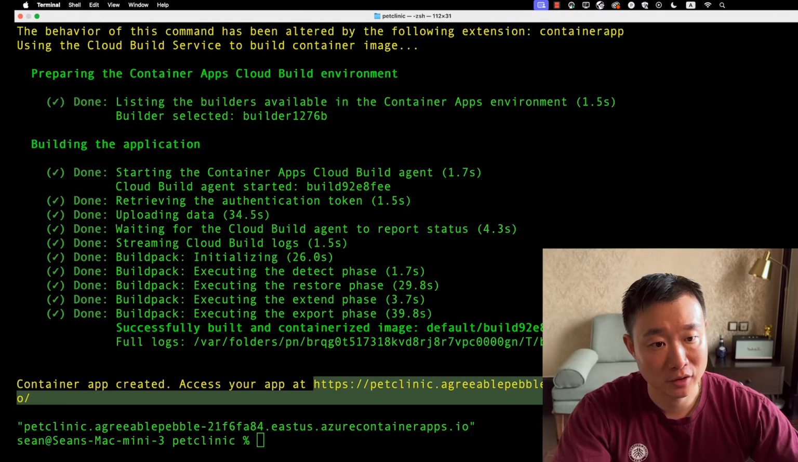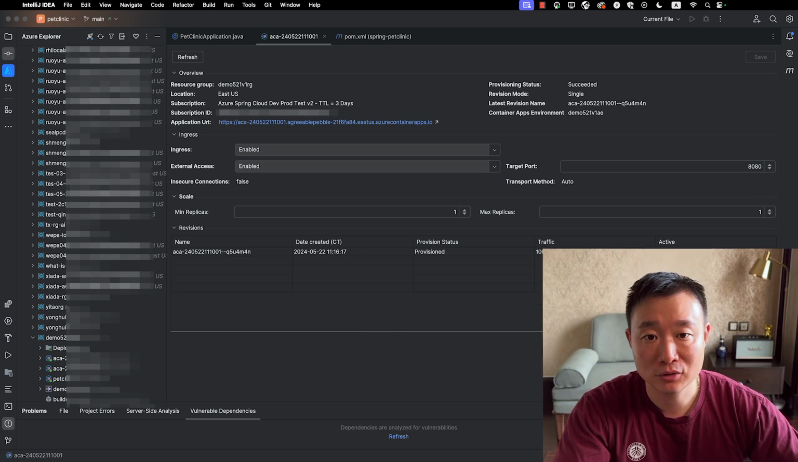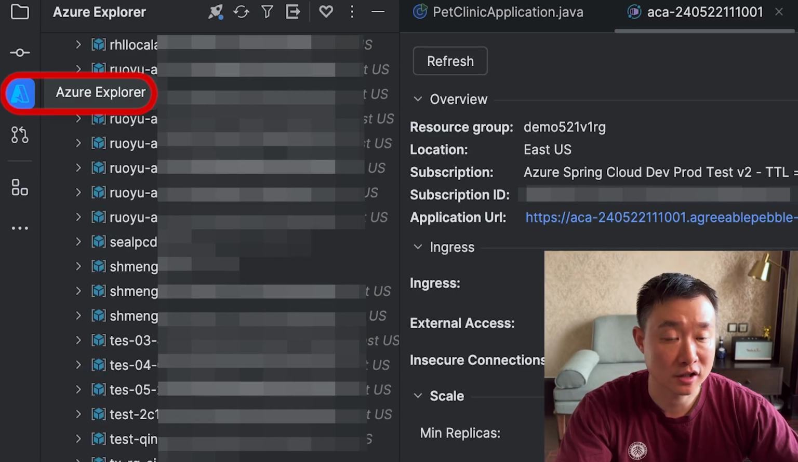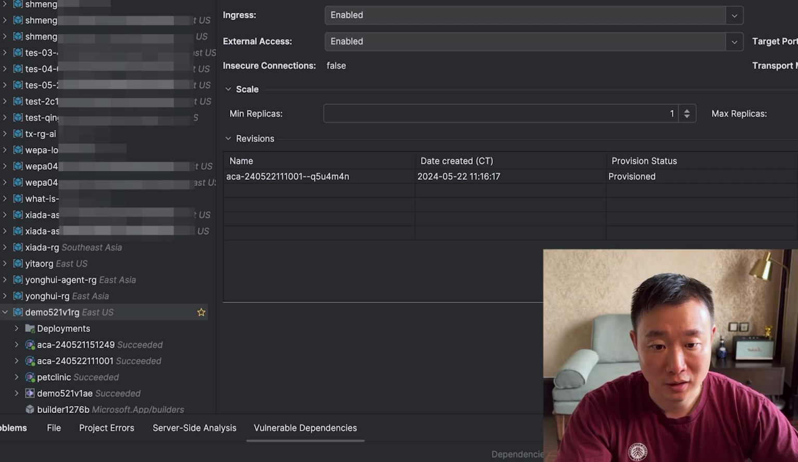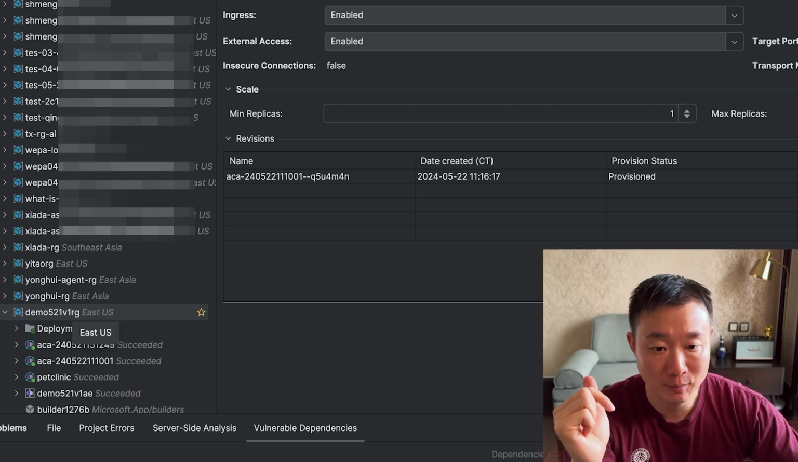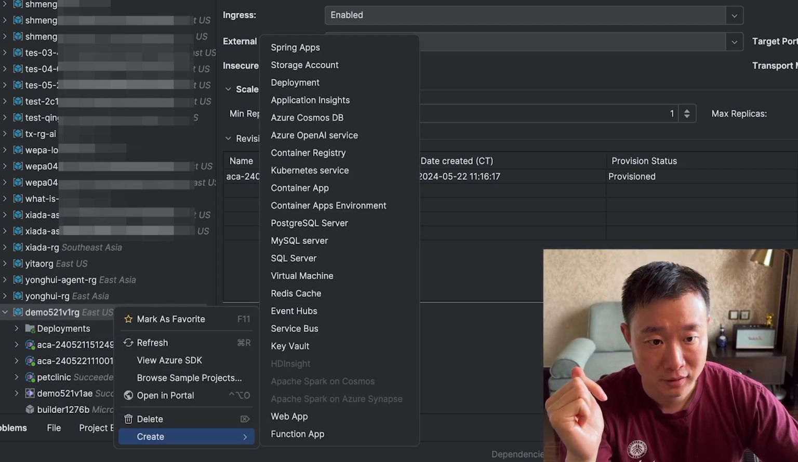For that, I'm going to head over to my IDE. I'm using IntelliJ, and let me show you how you can deploy directly from source code. And for that, the first thing you need to do is to install the Azure Explorer, and this is an IntelliJ plugin you can grab from the IntelliJ marketplace. Once you have that installed, go to the resource group that you want to deploy your app to. Right-click on the resource group, under Create, and select